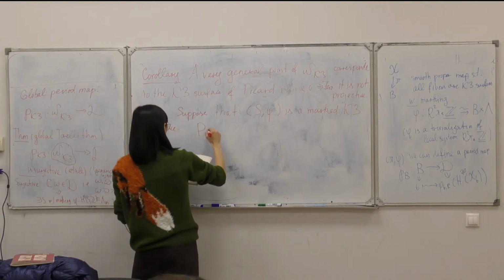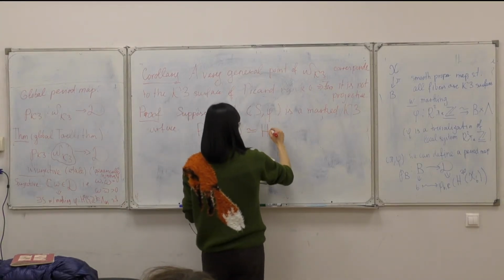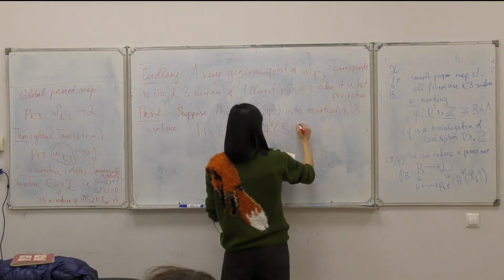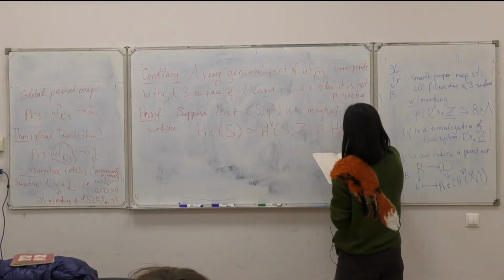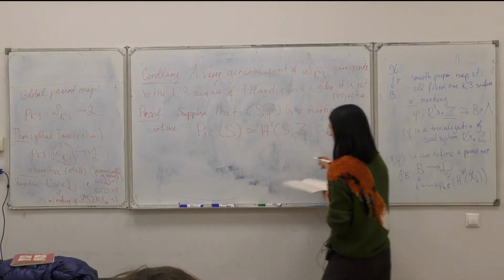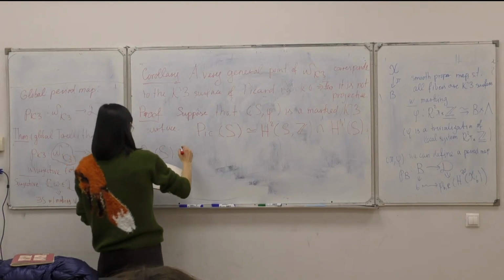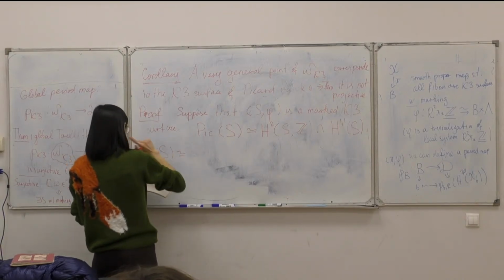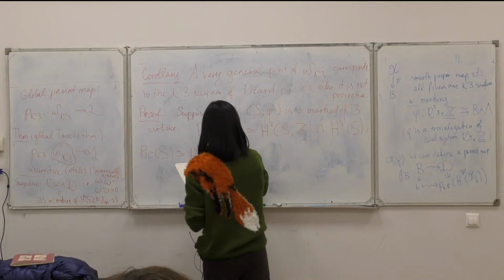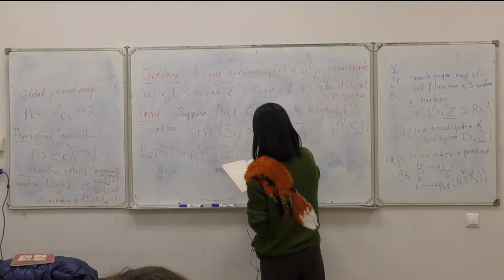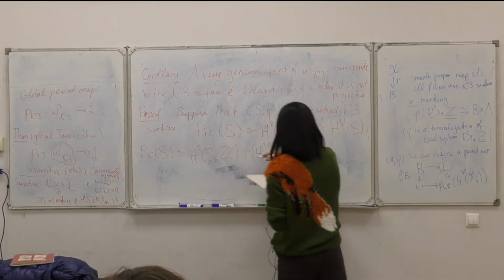Then from the Lefschetz (1,1) theorem we know that its Picard group is isomorphic to the intersection of its second cohomology with integer coefficients and the H^{1,1} part of S. So from this we obtain that the Picard group is the intersection of integer cohomology with the orthogonal to the H^{2,0} part,